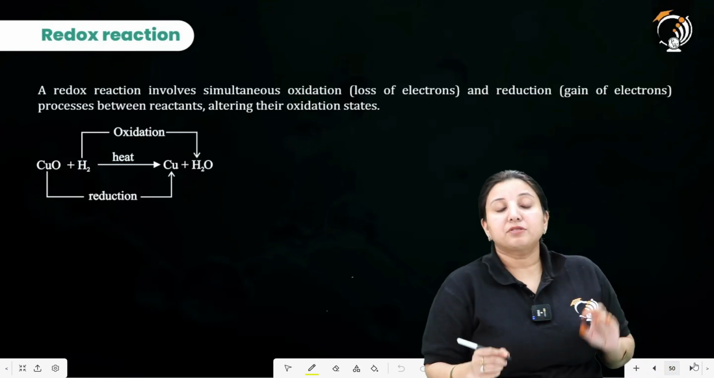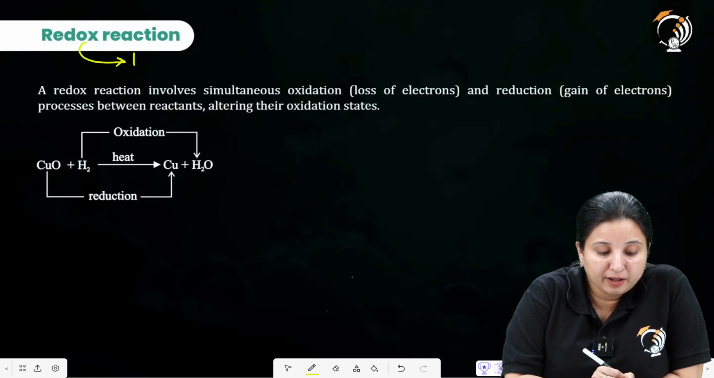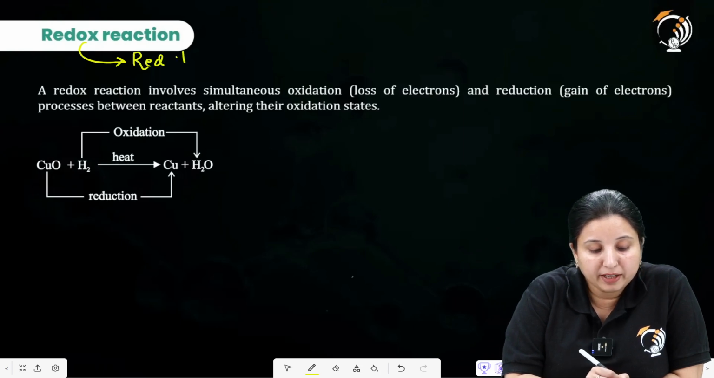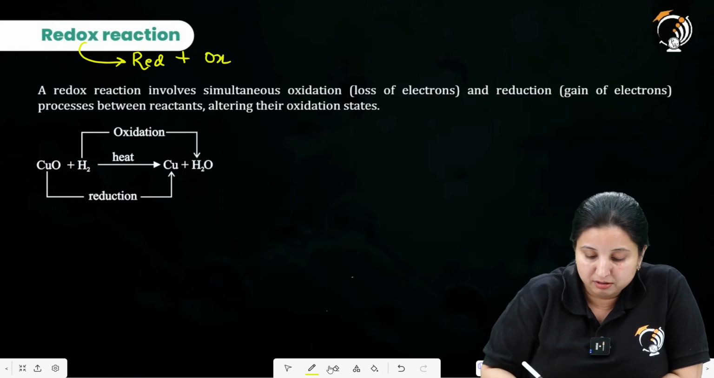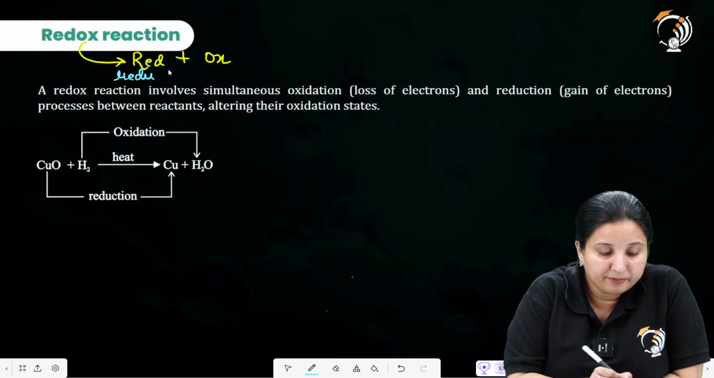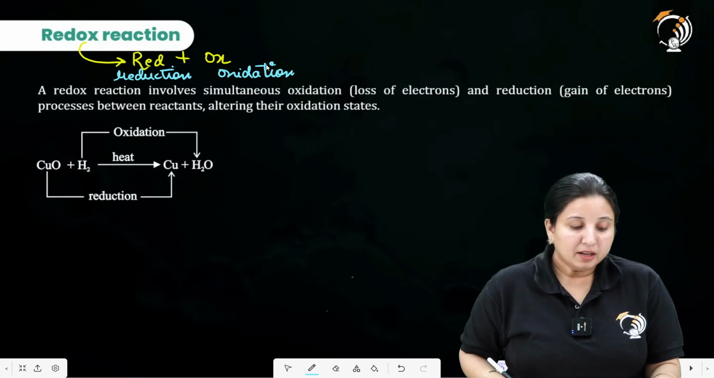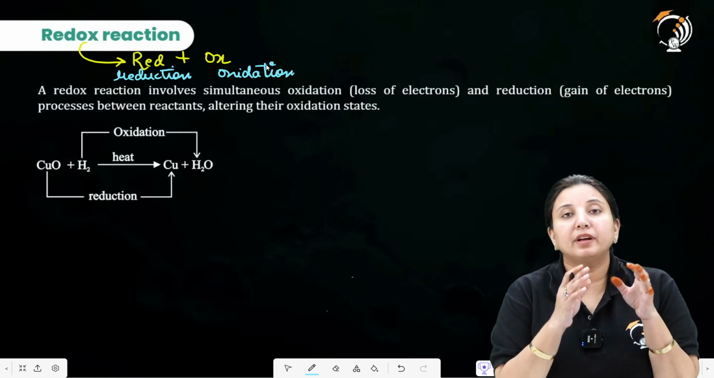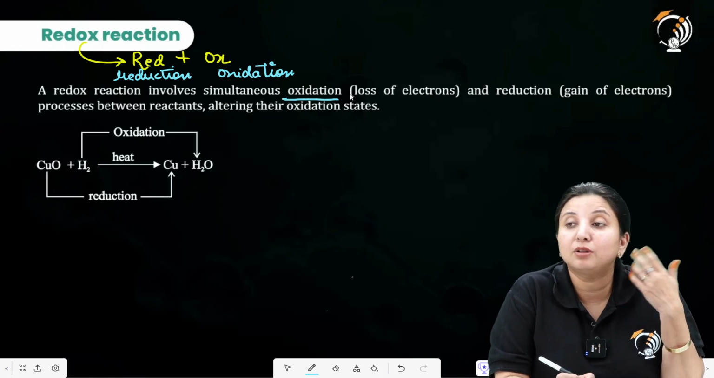Next comes the redox reaction. Now when we are talking about the redox reaction, over here if you look, you can just bifurcate this word into red plus ox. Now this redox, red plus ox, came from the reduction and oxidation. Okay. Now a redox reaction involves the simultaneous oxidation process, that is the loss of the